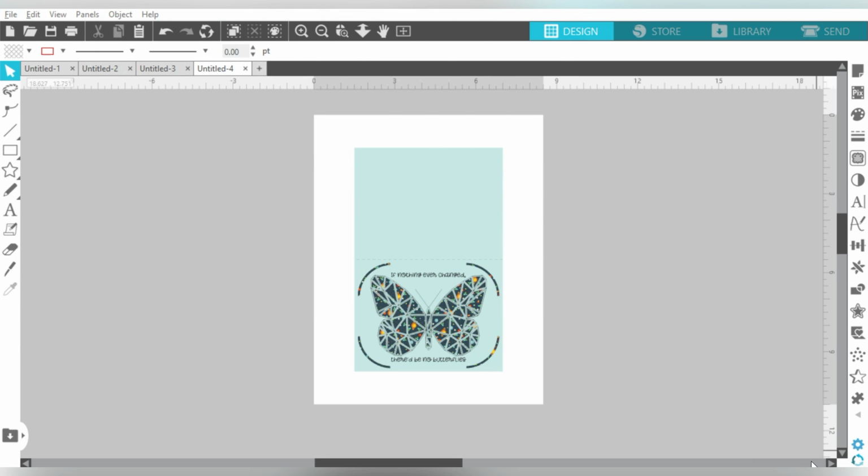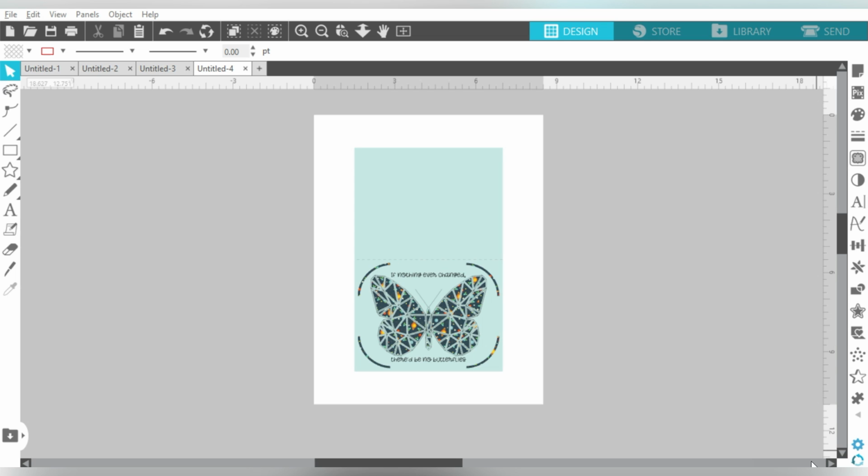Okay guys, so here we are in Silhouette Studio, and I'll be honest with you, layers is one of those tools that not a lot of people will ever use. And it's not because it's not useful, but a lot of crafters don't know what layers are as far as using it as a tool. And then also it's an upgraded feature for Designer Edition and higher to be able to use some of the things that we're working with today. So a lot of times if you don't have it unlocked, then it's not something that you know about.